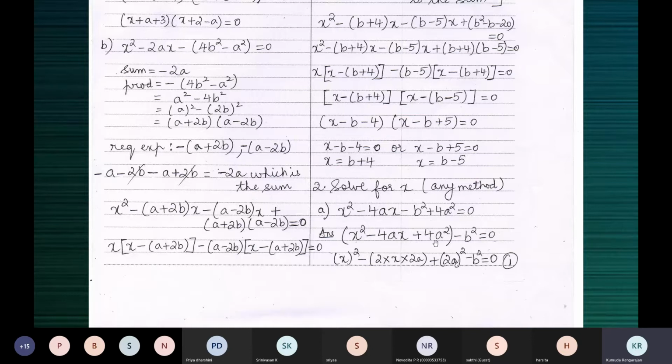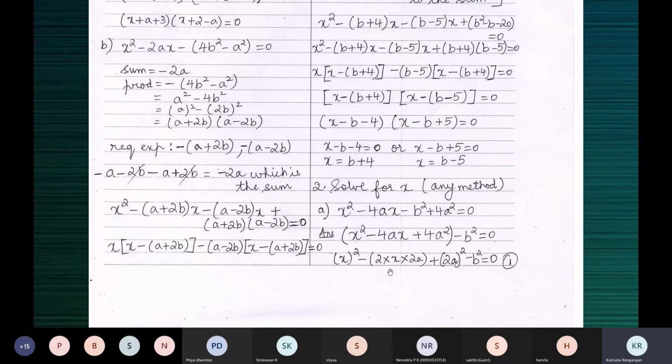Now this is clearly of the form, let me use p and q, p square plus q square minus 2pq. So how is this p square? x the whole square. How is this q square? 2a the whole square, where p is x and q is 2a. x the whole square, 2a the whole square. So what will be the middle term? Minus 2 into x into 2a. And does this give you 4ax? Yes, it gives us 4ax. This is nothing but x the whole square. This is nothing but 2a the whole square.